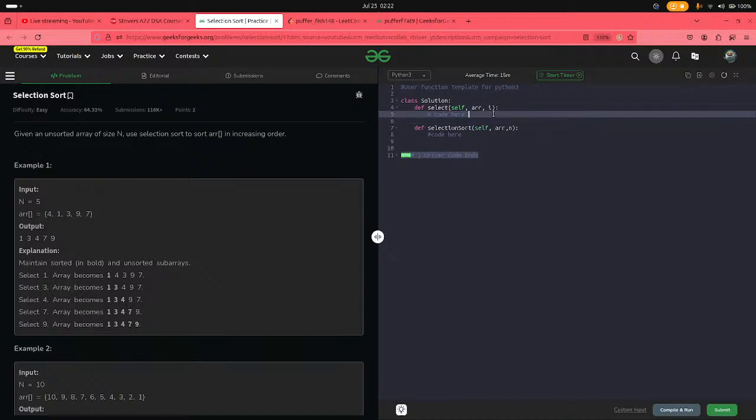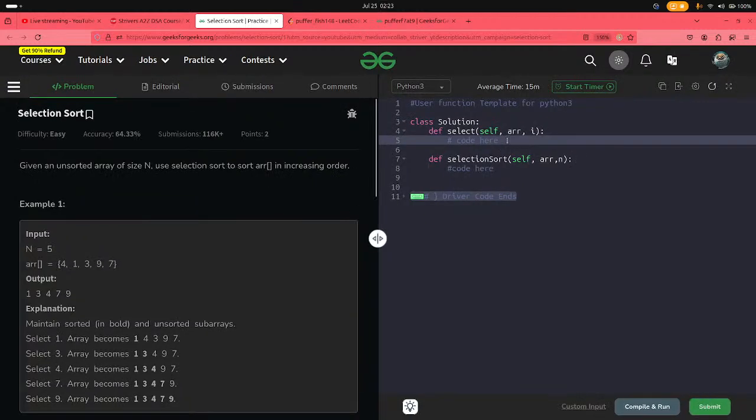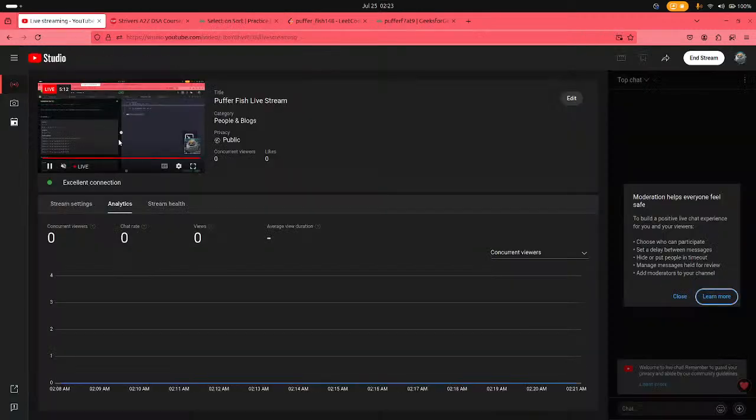Now let's run the code. So basically here they have broken it into two functions, select and selection sort. In select I have to find the minimum index, and then I have to pass the minimum index here. I think I should increase the volume, yes, I think now it is well mentioned. Is the voice awesome? Yes, it is. Okay,